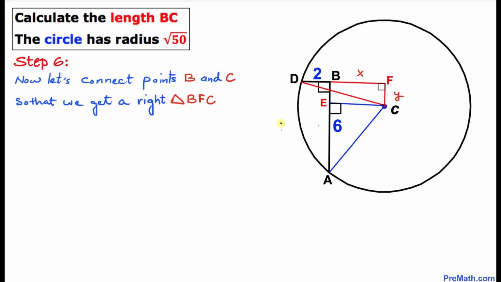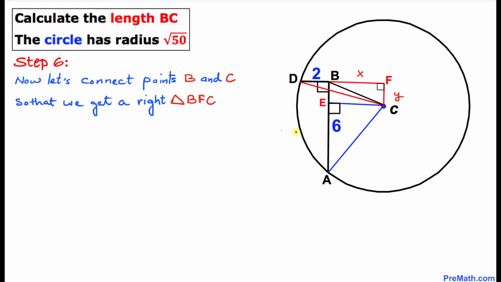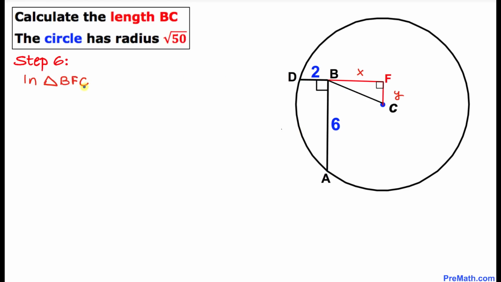And here's our final step. Let's go ahead and connect points B and C so that we can get a right triangle BFC. Let's go ahead and connect these B and C points. And here is our much nicer looking diagram. And now let's focus on this triangle